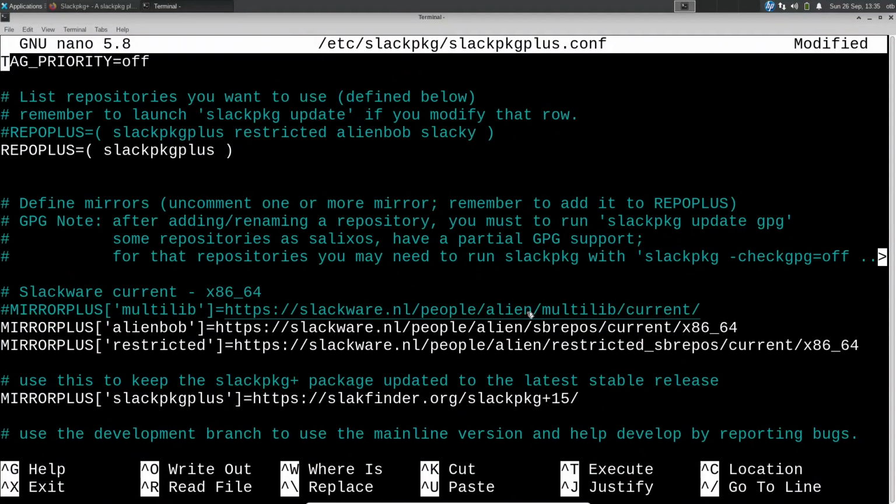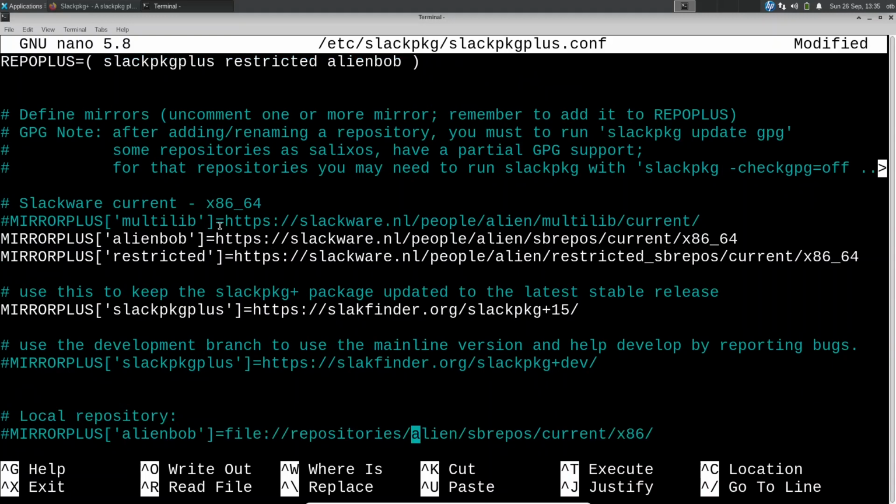And it says here, list repositories that you want to use. Well, we're going to use Slackpkg Plus. I'm also going to use restricted. And I'm also going to add Alien Bob to this list. So, Slackpkg Plus, restricted, and Alien Bob. The words that you use are here in the square brackets. I'm not going to install Multilib yet. All I'm going to do is save this file,